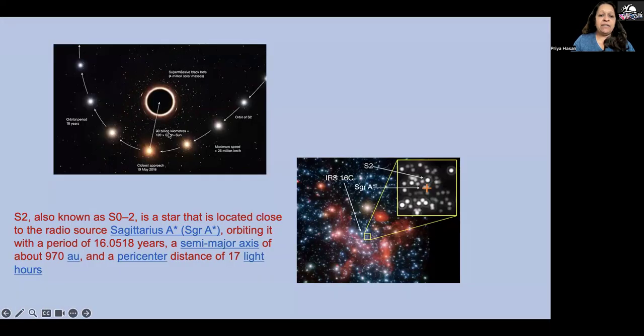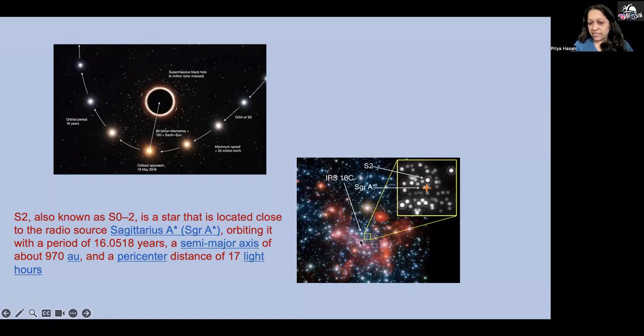It has a period of about 16 years. So they actually had many, many years of observations, more than 20, 25 years, to observe this star so that they could calculate the orbit. Once you can calculate the orbit, you can use that to calculate the mass sitting at the center, which will cause this thing to move at these velocities. So this was many years of very laborious observations in the infrared using some very advanced techniques, because